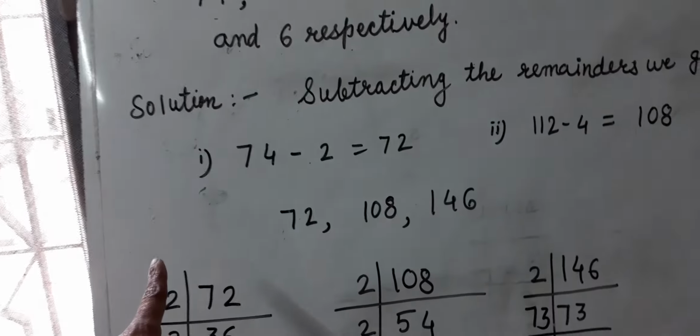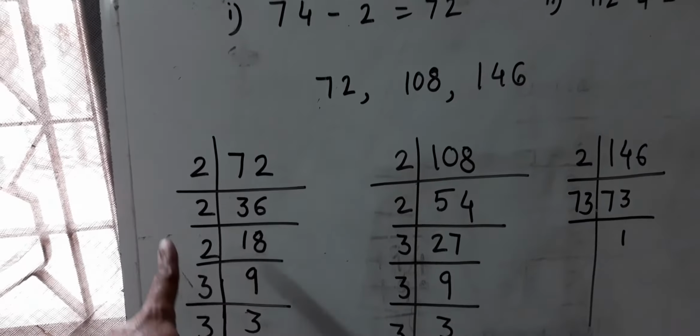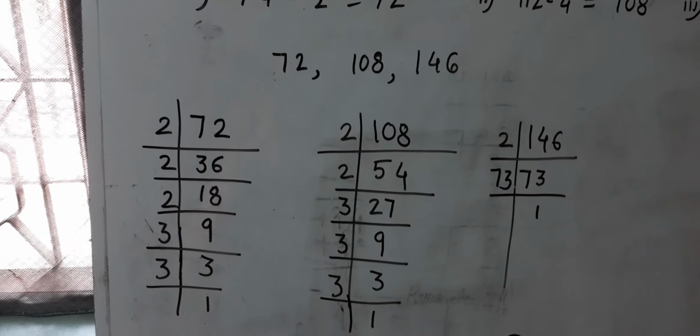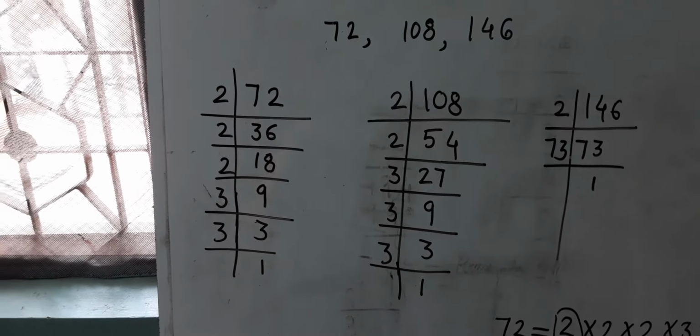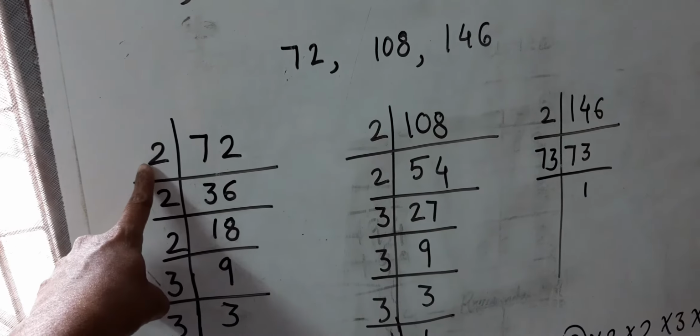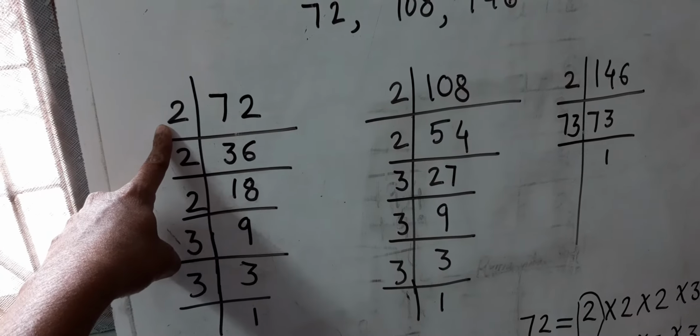Now we will find the prime factors of the given numbers. For finding HCF there are two methods, in which first we can list all the factors and find the common factors. The other method, which is easy, is that we first find the prime factorization. We will find the prime factors. So this number 72 is an even number, so now you have to practice dividing mentally.